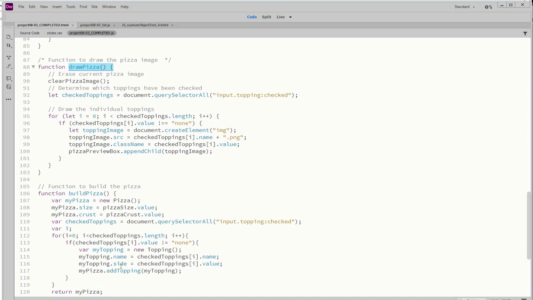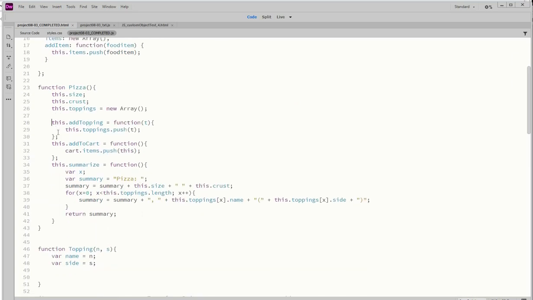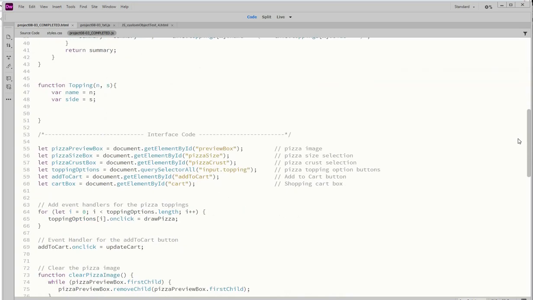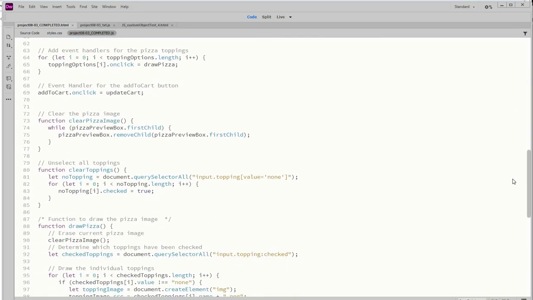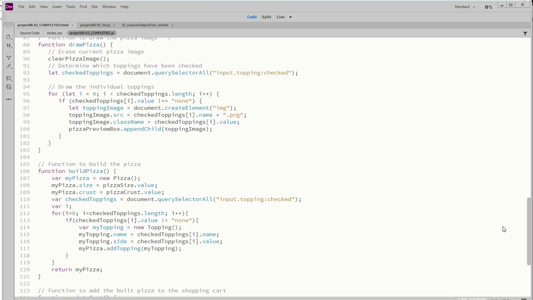Okay, I know this is a lot. I just noticed these things, though. I think there were about 3 mistakes in the instructions for this. You need the add toppings function up there, right here. You need that function in the pizza class or the pizza constructor. You need to call the